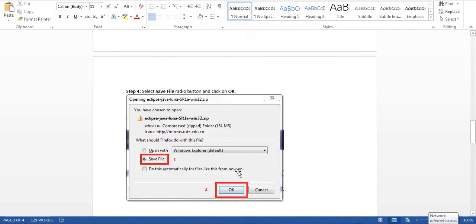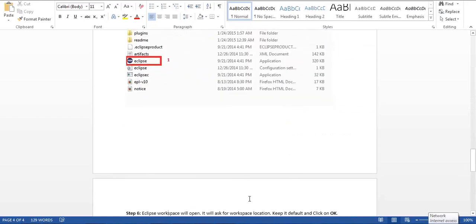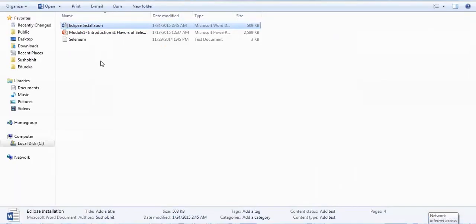Once you click on it, it will give you a pop-up. Click on save and OK. Then a zip file will be downloaded. Just extract it and rename it as Eclipse so that it will be easy to understand. Like this. So once you extract it,